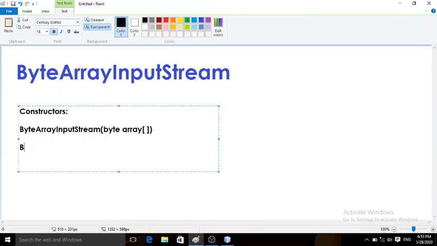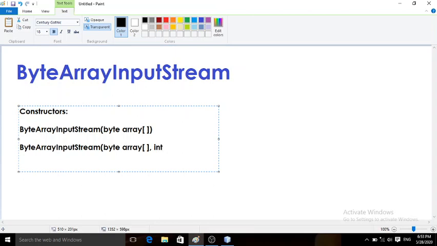Another constructor is ByteArrayInputStream, again with a byte array. Definitely, as we want to read byte by byte from an array, the array must be there. But the difference is that here we are using two more parameters.